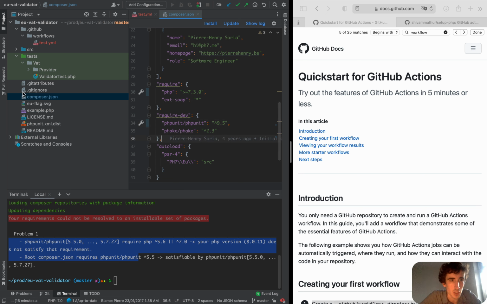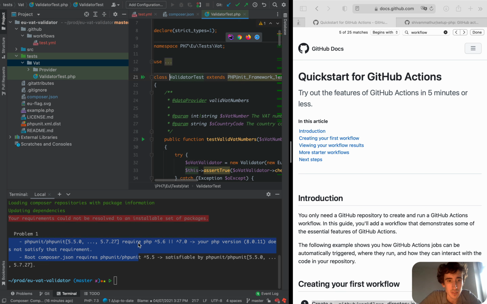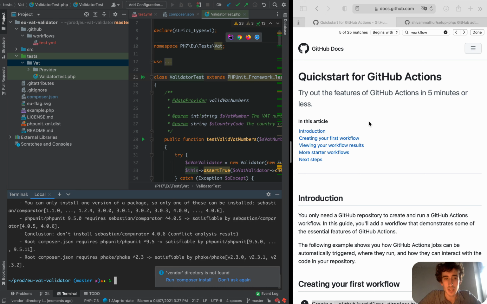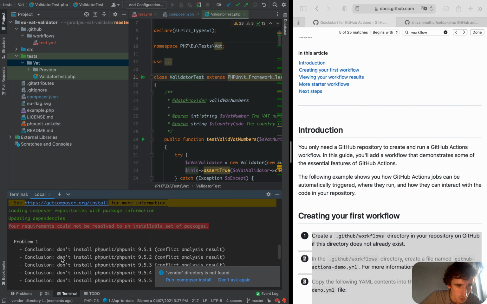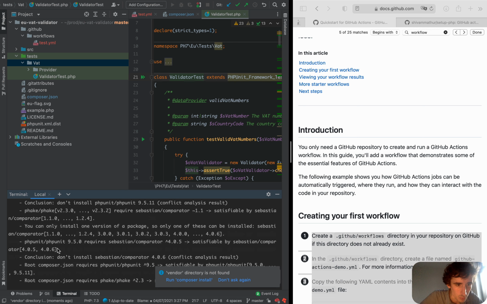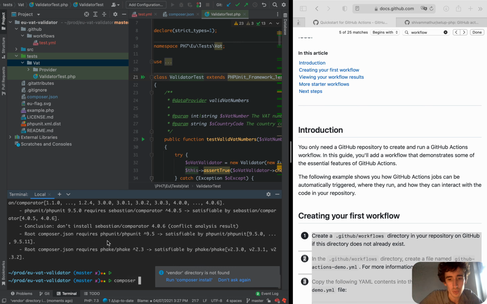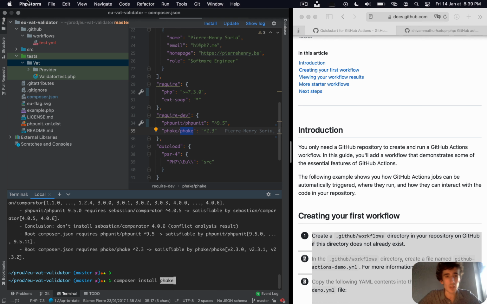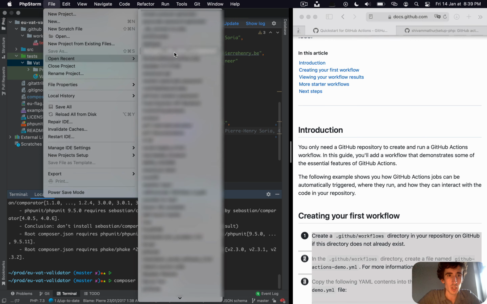That will be easier. And in my test file, let's first install the new PHPUnit. In the meantime, I still have an issue, and that's actually from Phake. So I will also do composer install. Maybe next time I should use a different repo. Actually, for this test, because it's a really quick one, I will use a different repo,